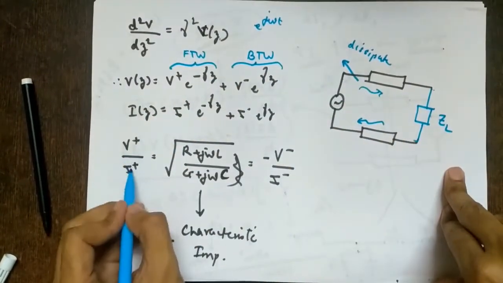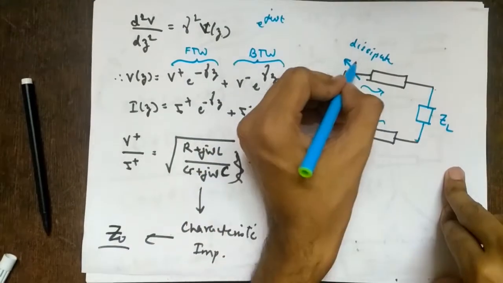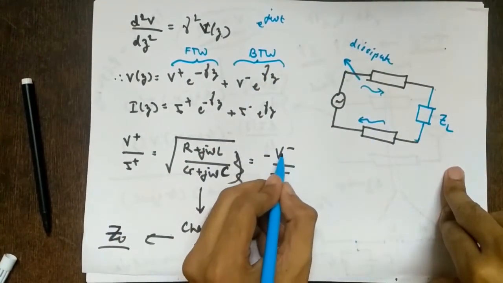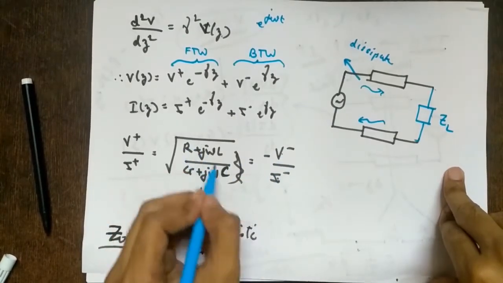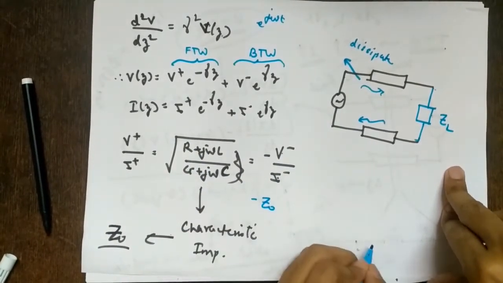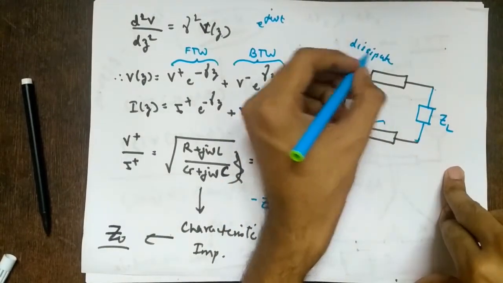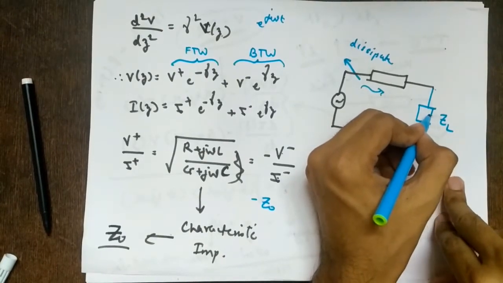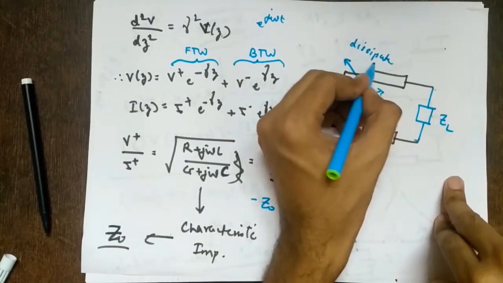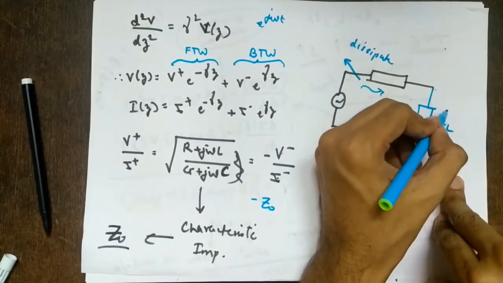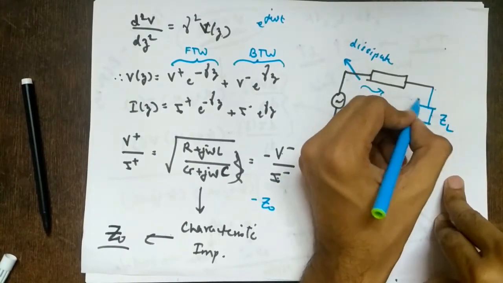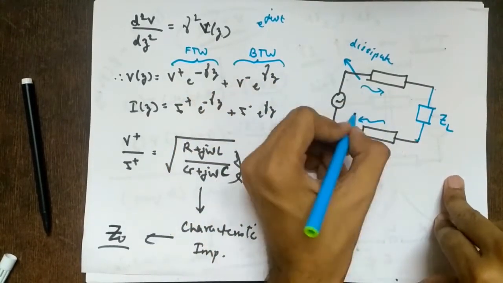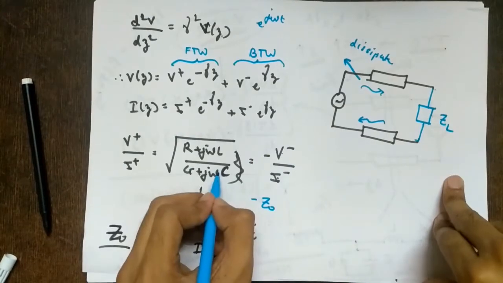If I am talking about a forward traveling wave, the impedance is positive, meaning power is dissipated here. But if I talk about a backward traveling wave, what is the impedance? V minus upon I minus is minus of this quantity, so it is minus Z naught. If power is getting lost, where will it get lost? Here in ZL, in the load. Some power is lost here; if I am giving 5 watts here, 2 watts may get lost and 3 watts is absorbed. But what happens to that 2 watts? That is the backward traveling wave. So what is the impedance here?